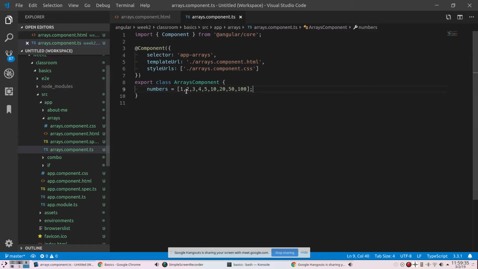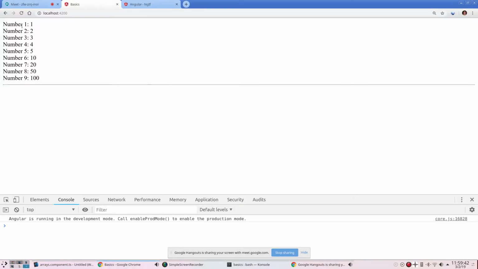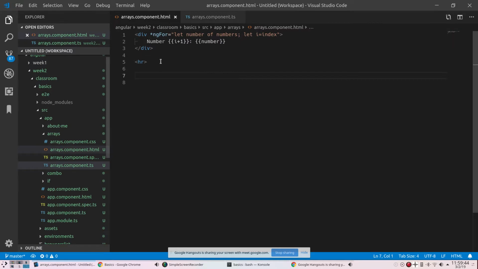Let me show you also one more thing that I don't think I did a good job of showing last time. Everything that we've been doing is on a div, but we can totally include these things on any kind of element that we want. So I can go ahead and say, for example,